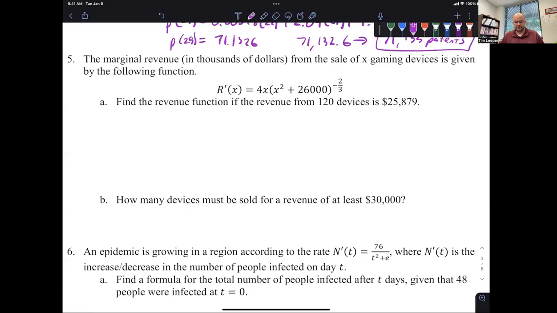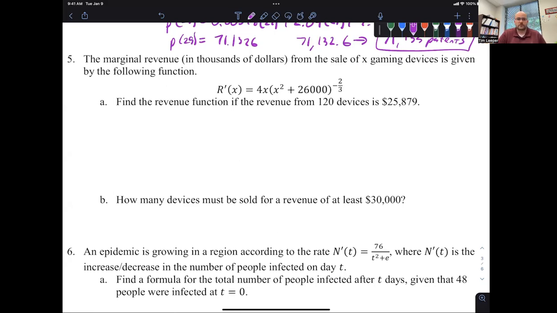Hello. In this video, we're going to look at question 5 for the review for exam 4. It says the marginal revenue in thousands of dollars from the sale of x gaming devices is given by the following function. R prime of x is equal to 4x times (x squared plus 26,000) raised to the negative 2/3 power. Find the revenue function if the revenue from 120 devices is